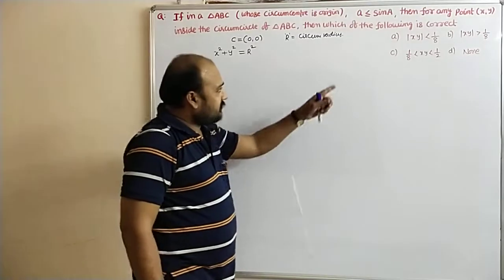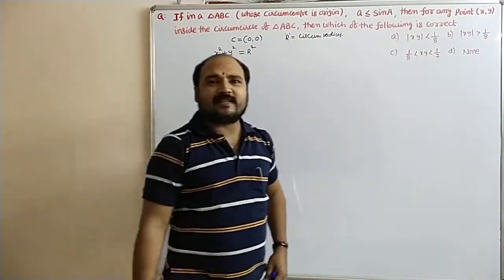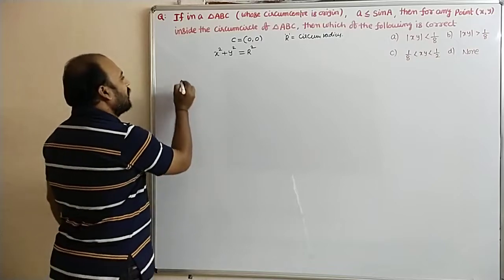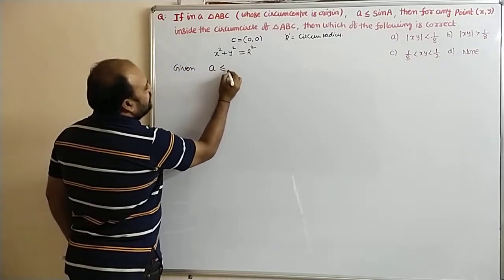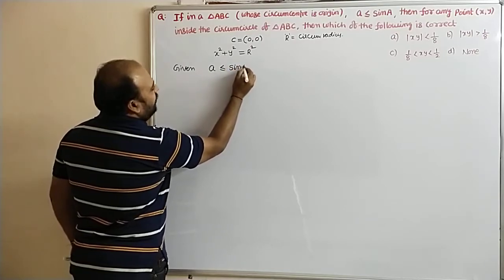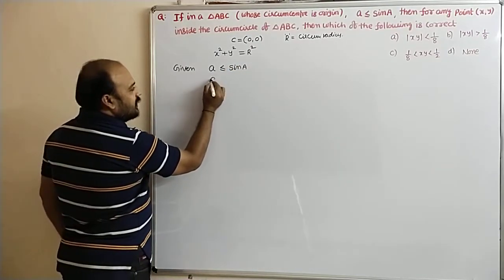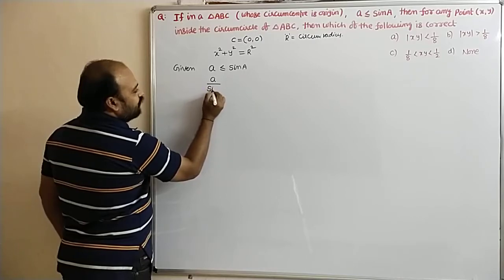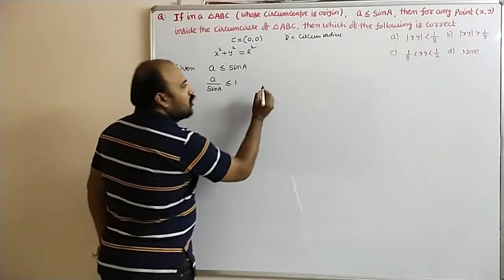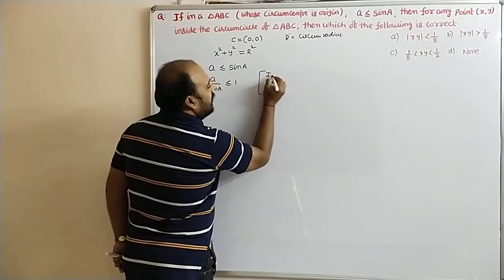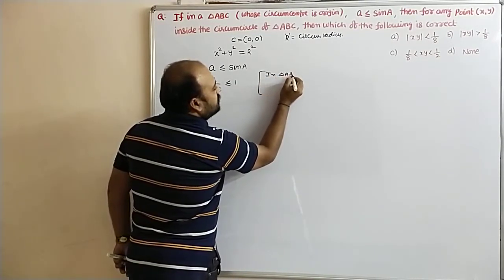And one condition is given: small a is less than or equal to sin A. So a by sin A is less than or equal to 1. In triangle ABC, from the sine rule,